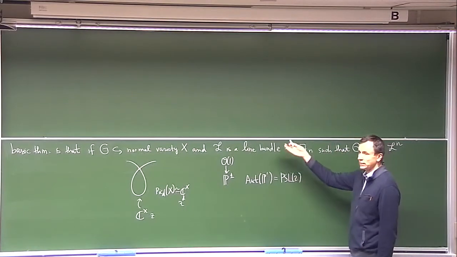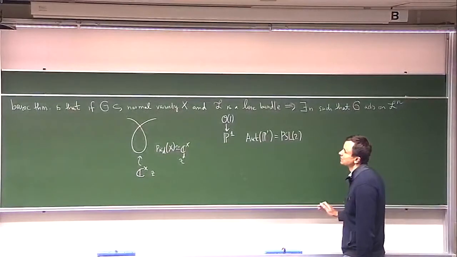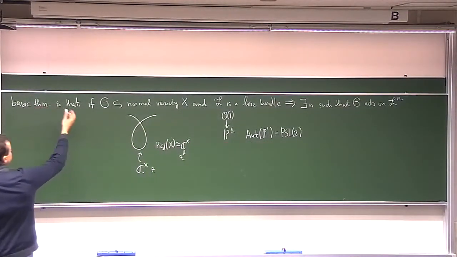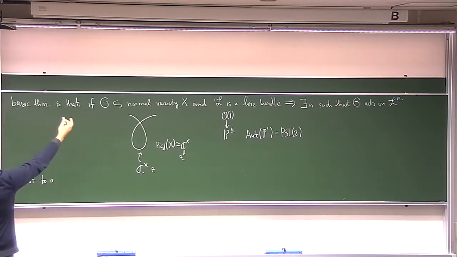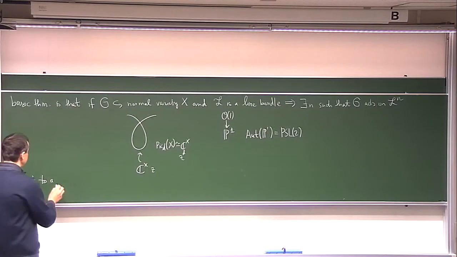However, on O of 2 it acts. If we don't want to worry about X, it's best to assume. So for our case, where X is smooth quasi-projective, it will be guaranteed since we have an ample line bundle: on some power of that, the group will act. So it's best to assume